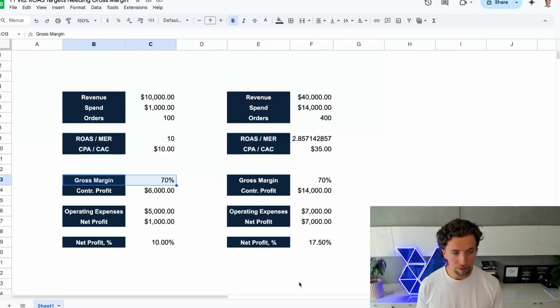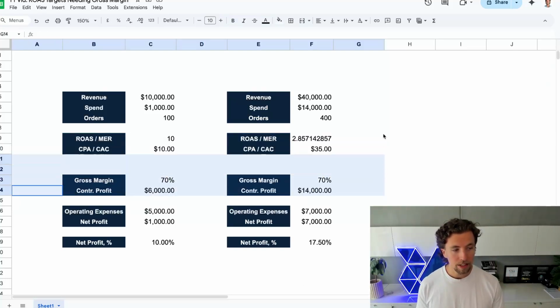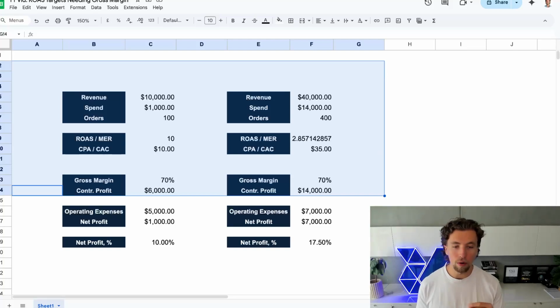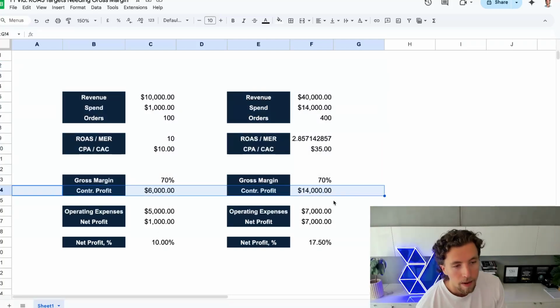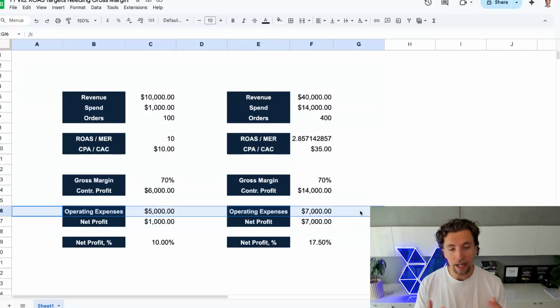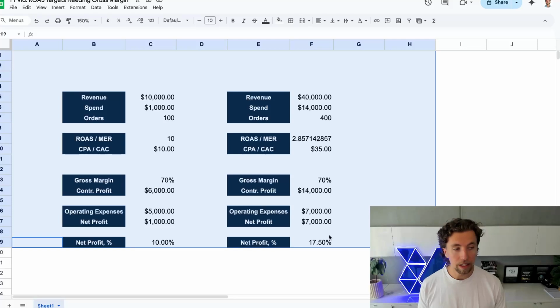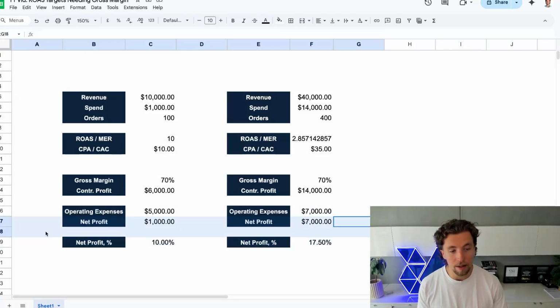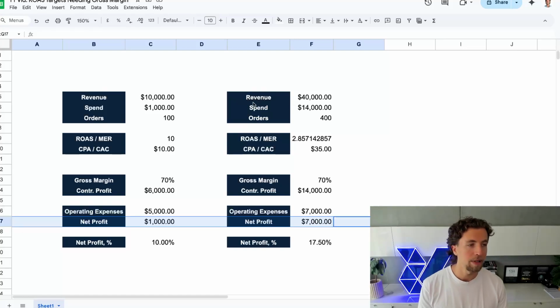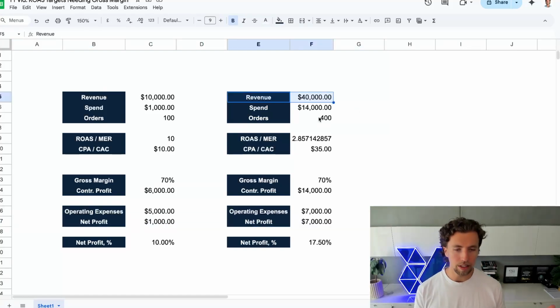Okay, if you provide gross margin, this can be understood by the agency, and therefore KPIs and decision-making within the ad account can be done to try to maximize this number to be as high as possible. And then if you also decide to, hey, actually, I'm convinced by what Nathan said, I'll actually give them operating expense as well, even more decision-making and more accurate forecasting can be put in place to be able to maximize this number too. Because there might actually be a case, there might be a revenue threshold, and this is the case with every e-commerce brand, where you need to make a hire.